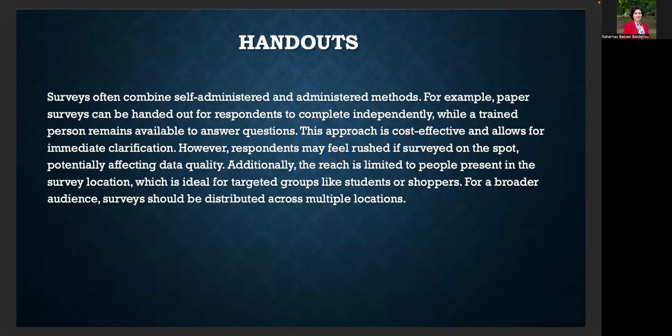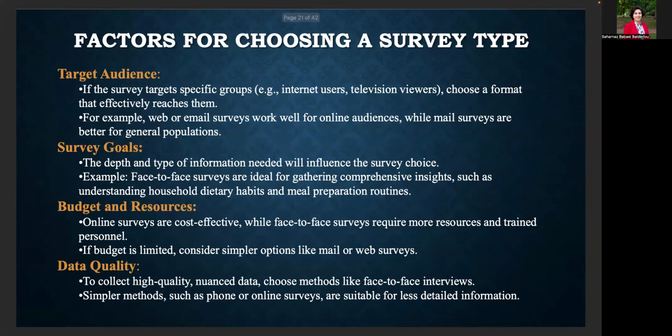Some surveys use a combination of the methods. For example, you may hand out paper surveys while being physically available to answer questions. This hybrid method improves clarity but limits the reach to whoever is physically present. When choosing a survey type, consider your target audience, your goals, your budget, and the level of data quality that you need. Some methods collect rich, detailed data, but require more time and money, just like the physical